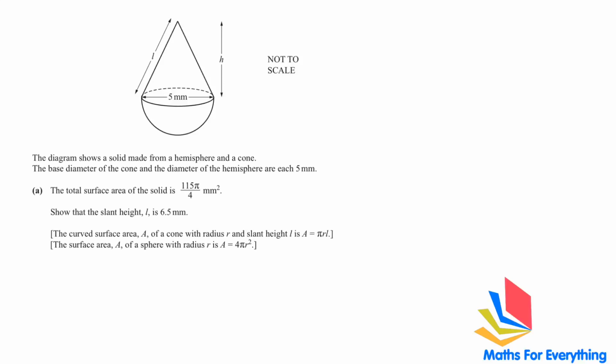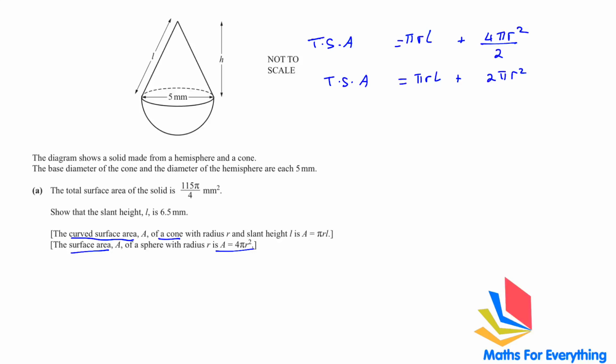So this shape is made up of the curved surface area of a cone, which can be found by using pi r L. The total surface area of the solid we are finding, and the hemisphere, the area of the sphere can be found by 4 pi r square. But we have a hemisphere, so we divide by 2. So pi r L plus 2 pi r square is the total surface area. Total surface area is 115 over 4 pi,